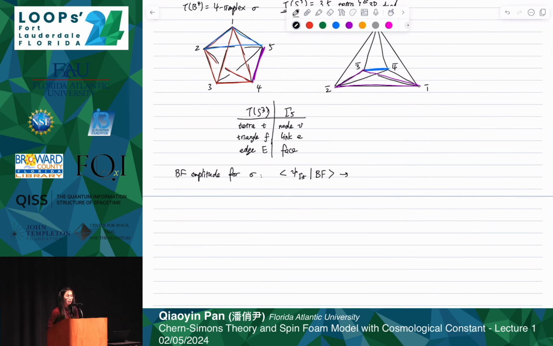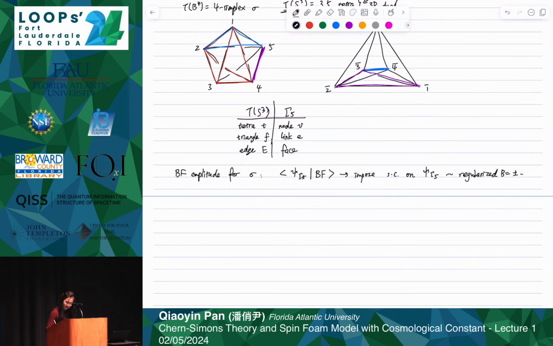And on this amplitude, we want to impose a simplicity constraint. And we impose it on the boundary, in particular on the state, the gamma 5 graph state. How do we impose it? It must be imposed in a way that it can be realized as some regularization of the continuous simplicity constraint. So it must be a regularized